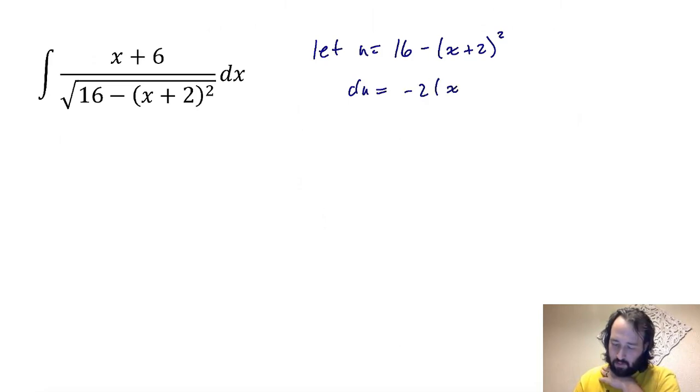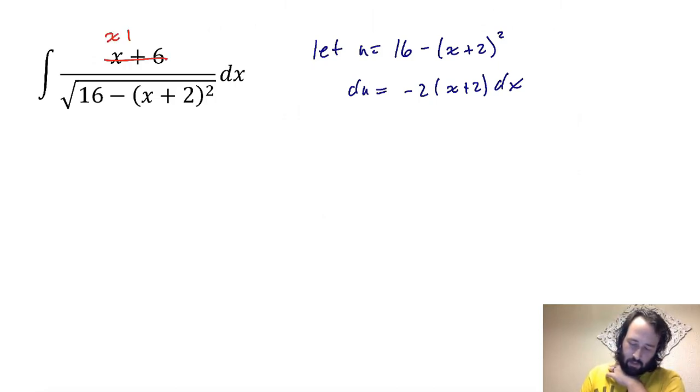But I have negative 2 times x plus 2 dx. So it's almost there, but it's really not quite. However, what I could do to make it be there is I can relook at this as x plus 2, and then I have a plus 4 out there. So if I break up these integrals like that,